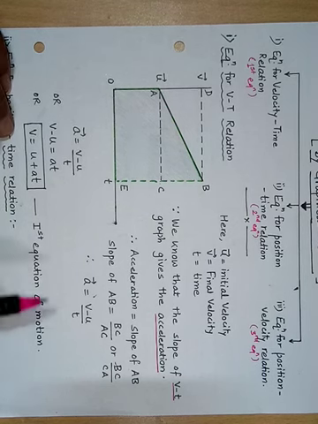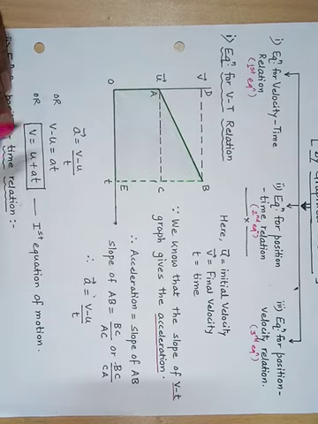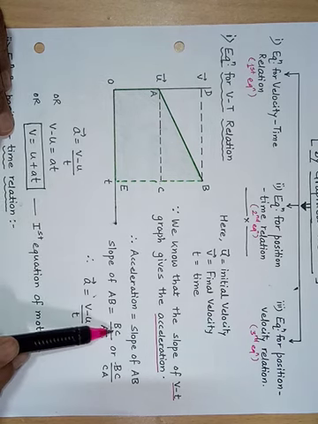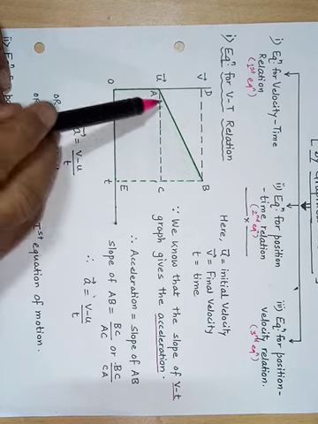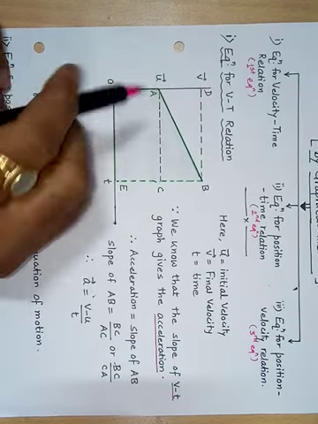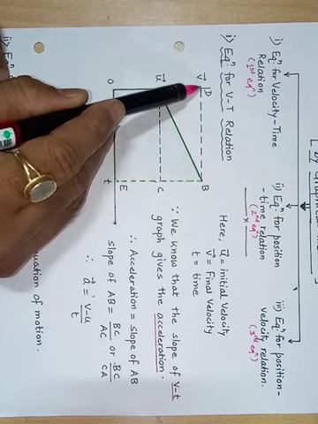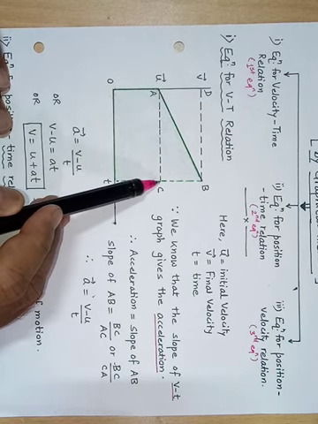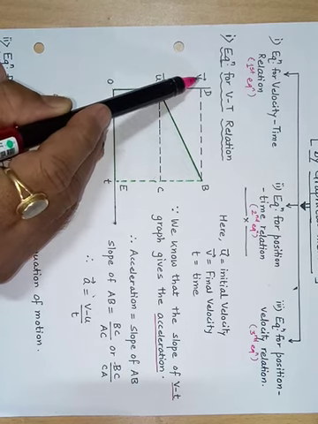Now I have to see what exactly this BC includes on the velocity axis, and what this AC includes on the time axis. If you look carefully, BC is this particular segment. If I extend this on the y-axis, it gives me the difference between the final velocity and the initial velocity. This segment BC, I can calculate with the help of the y-axis, that is v minus u, because u is the initial velocity and v is the final velocity. This BC segment is equal to AD, so I can calculate this as v minus u.